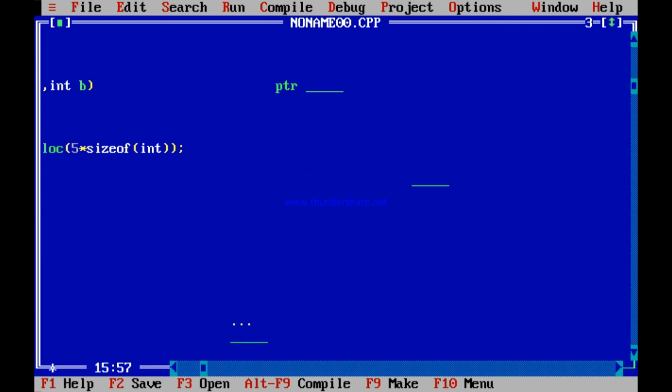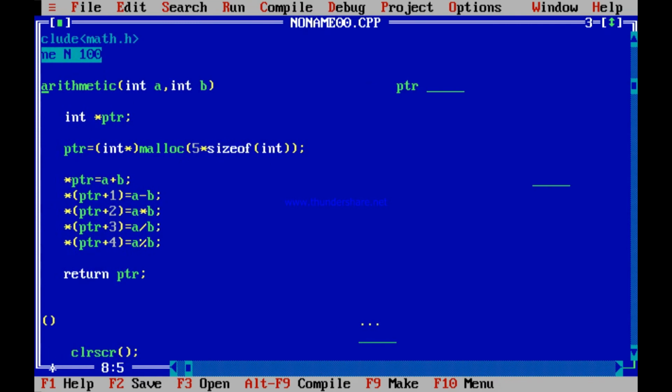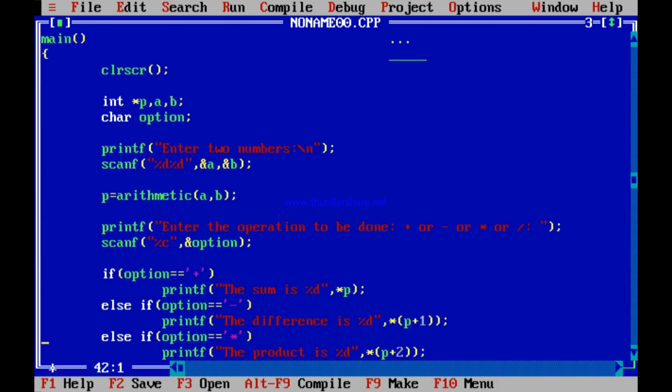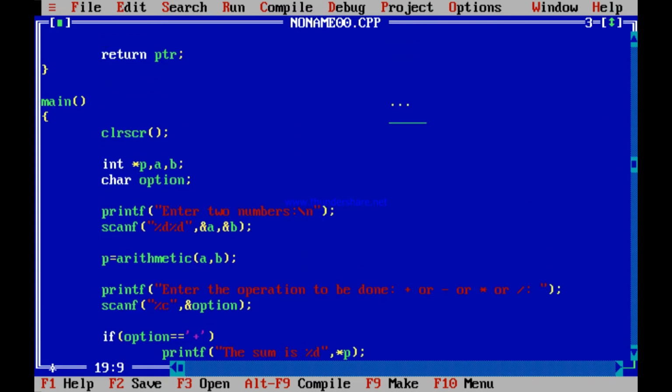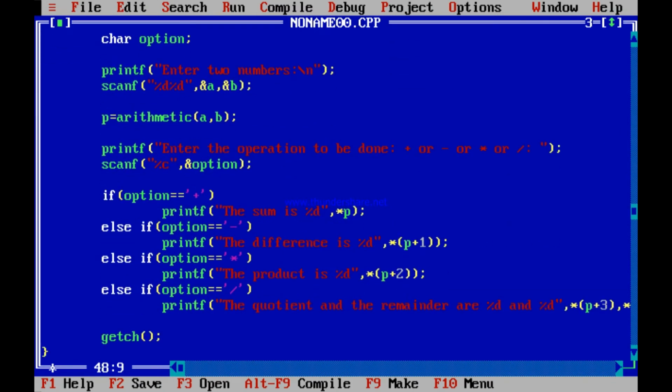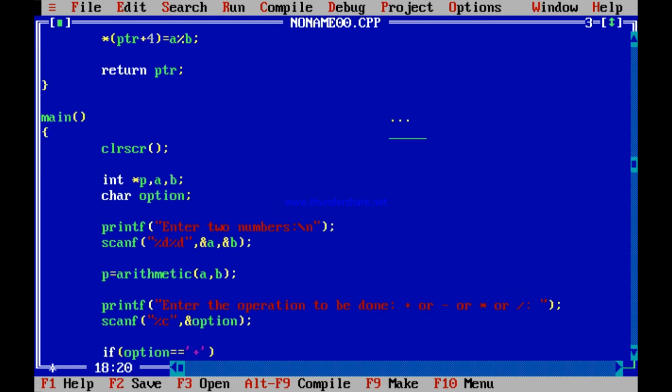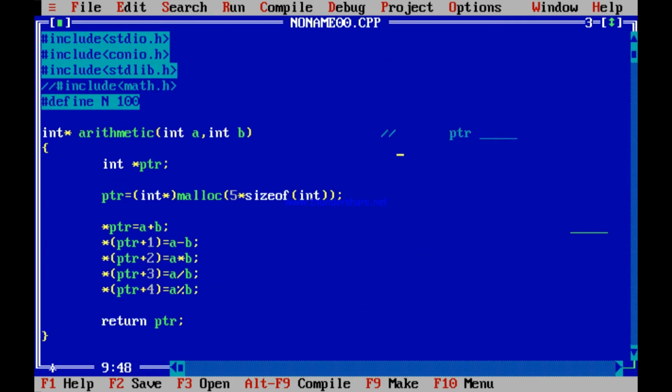Starting from this, I allocated memory locations. I kept all my results starting from this memory location. Then I returned the address of this starting memory location, PTR. And that address I received in main. So I've got an address from where all the results are present. I have printed all the results depending on my necessity. So this program should work fine. Only you need to comment out this part and then run this and see this is working fine. Just comment out these things which you don't need and then you can run this fine. So this program should run absolutely fine.